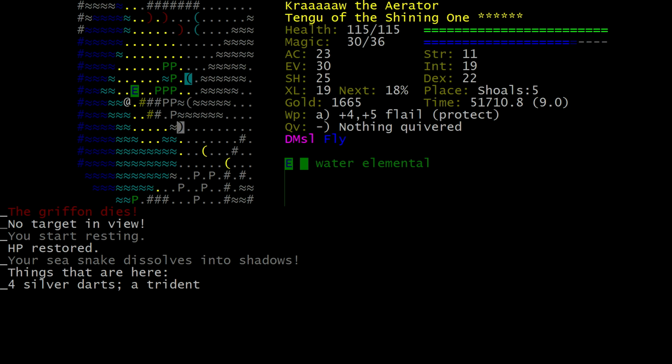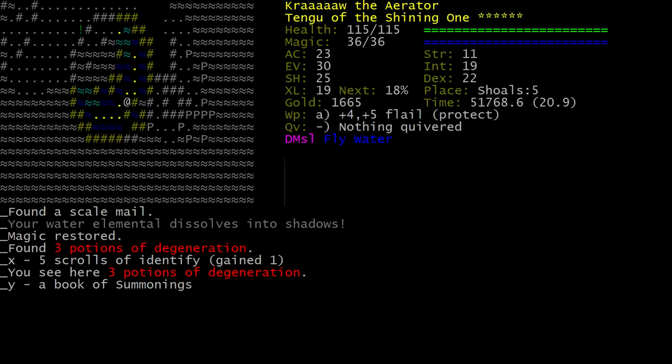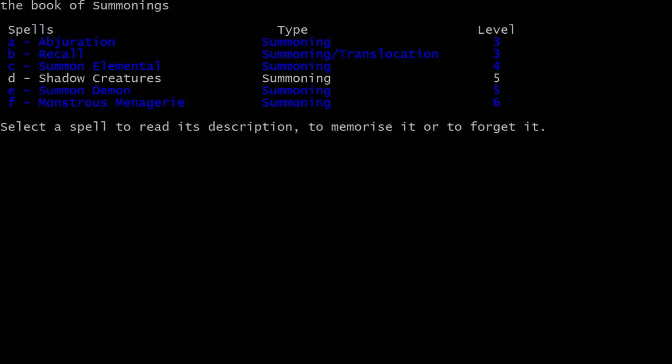Okay, so it shows a book of summonings. What's in here? This might be exactly what we were looking for. We can get Monstrous Menagerie finally. And Abjuration. We're not going to learn Demon because that would be inappropriate. We could learn Elemental. That could be pretty cool. I mean, we could get that whole...